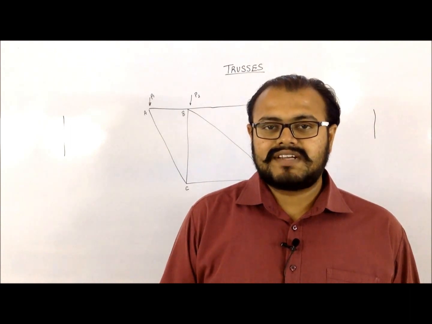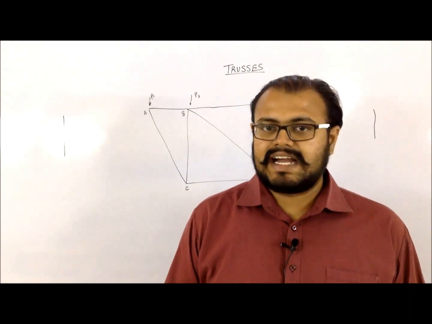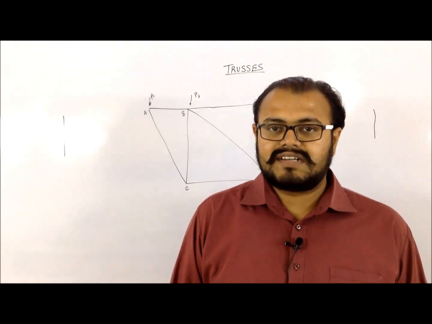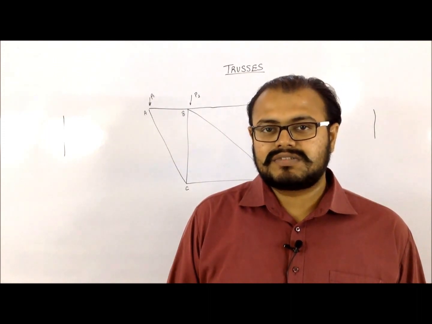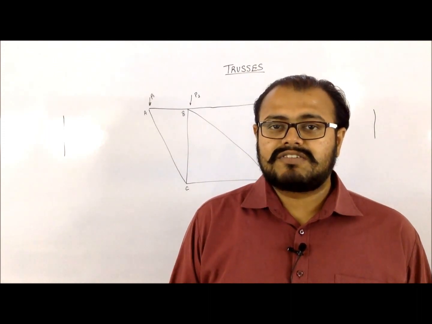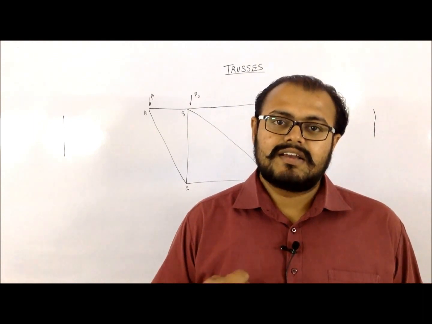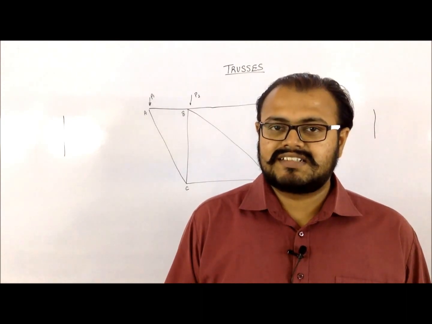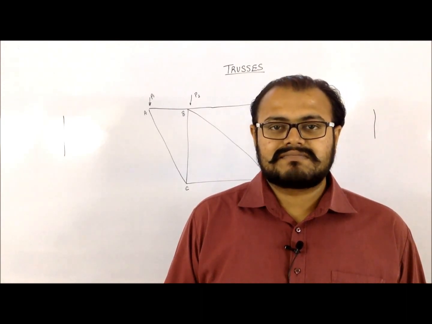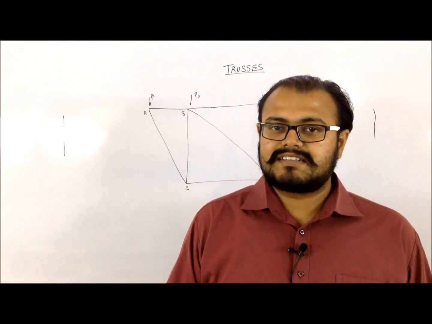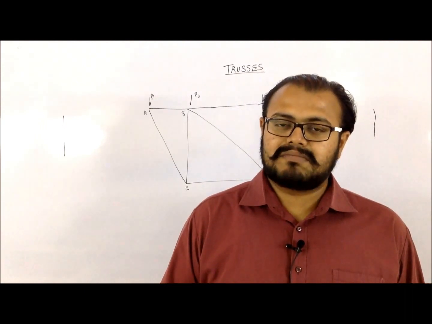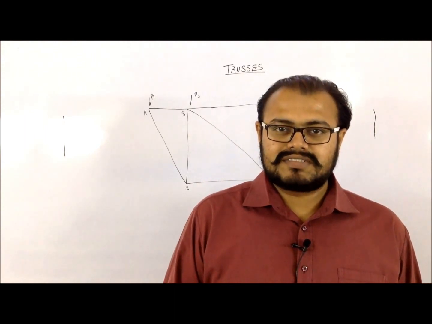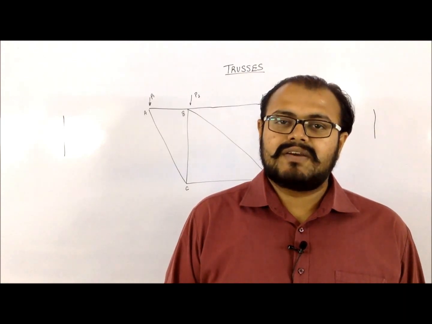In this method, we consider the whole truss as it is and we take a section of that truss. Whenever you are taking a section, you have to consider two very important things. First, the number of members cut by this section should not exceed 3. It should cut a maximum of 3 members in that truss, because the number of unknowns which can be calculated using one section will be only 3 unknowns.